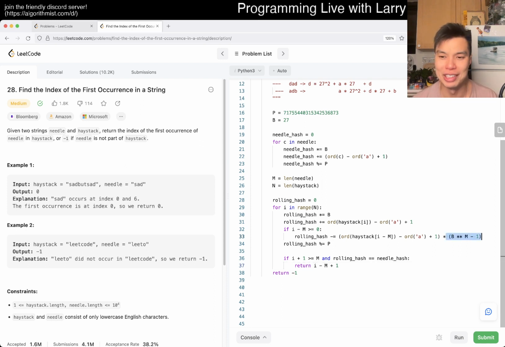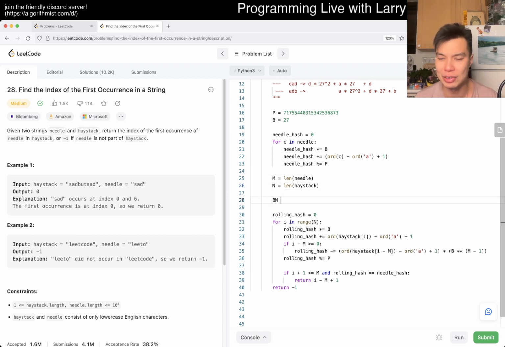One is this thing is really expensive. Like we said, if m has a lot of digits, or if m is 10 to the 4th, then this thing is just enormous. So we can actually pre-hash this as well, and also pre-mod it, because multiplication under the mod space has some property. I'm blanking on the term. But anyway, let's say maybe bm is equal to